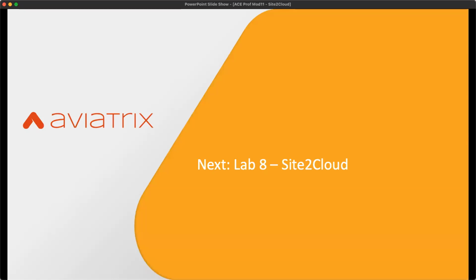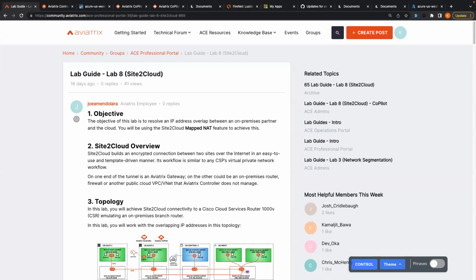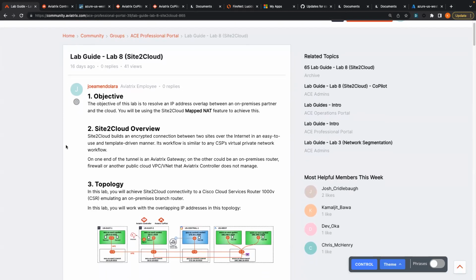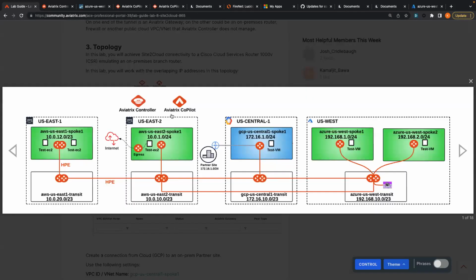Okay, next we will go to the site to cloud lab. Okay, so team, now we are doing lab number 8, which is about site to cloud. And if you look at the diagram,